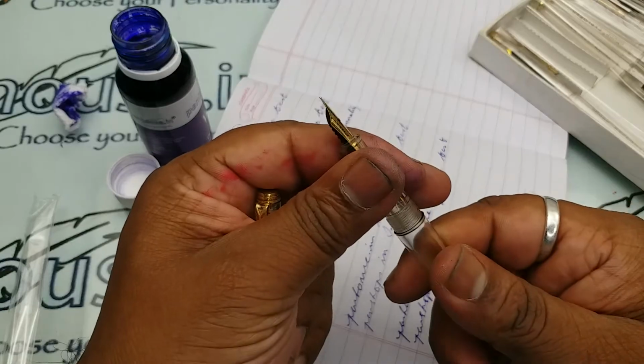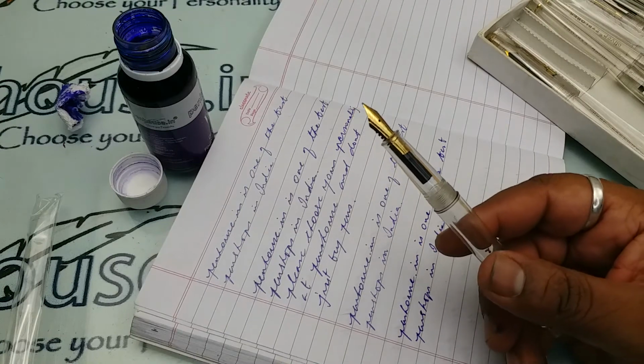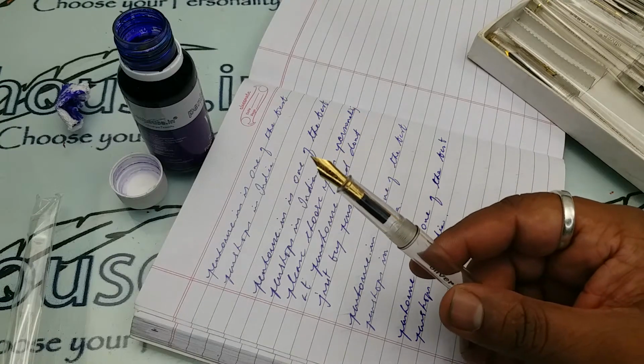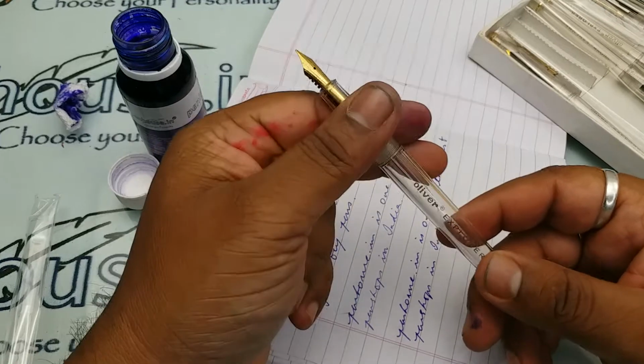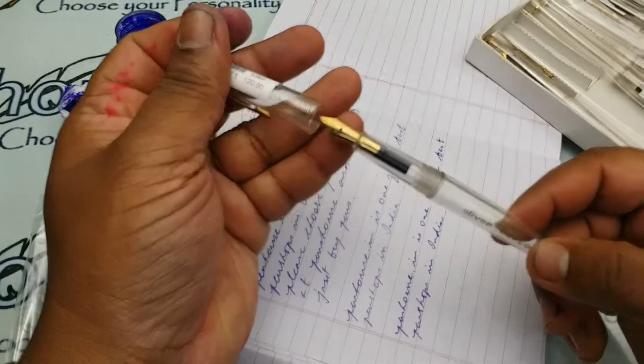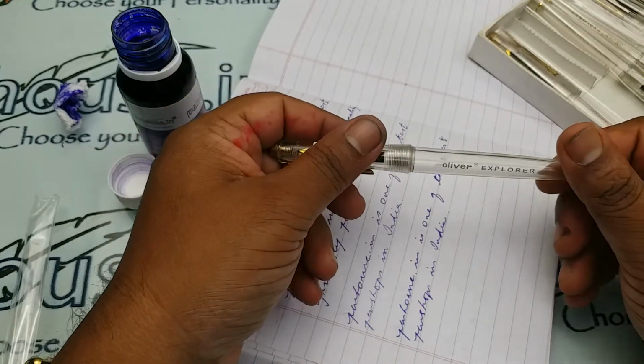use silicone grease or Vaseline on the threads of the grip, so the threads' life will be increased on long usage. Apart from that, the pen is really superb. This is the Explorer,